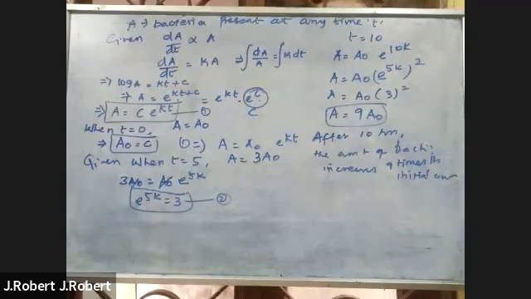So take down the next problem. Find the population of a city at any time t, given that the rate of increase of population is proportional to the population at that instant, and that in a period of 40 years,